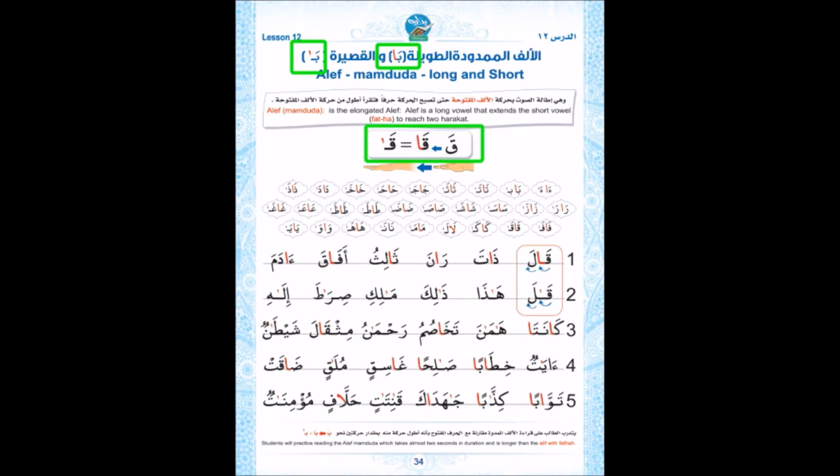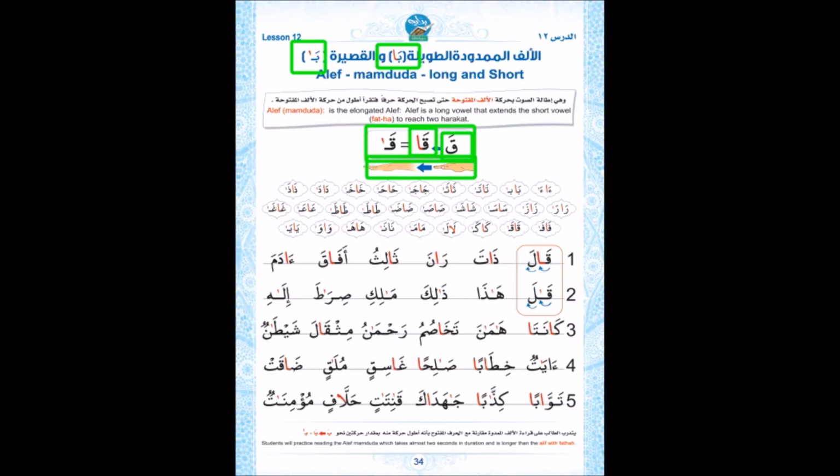The objective is for the student to make a connection between fatha, which we learned a while back, and the alif. The alif has the same sound as the fatha, just double the time span. So when we make our hand motion, the fatha was, for example, qaf, fatha, qa, with a forward hand motion. Now, qaf, fatha, alif tawila, qa, double the time span and double the